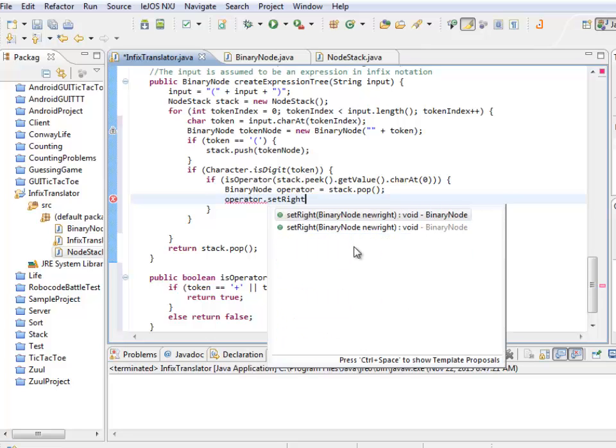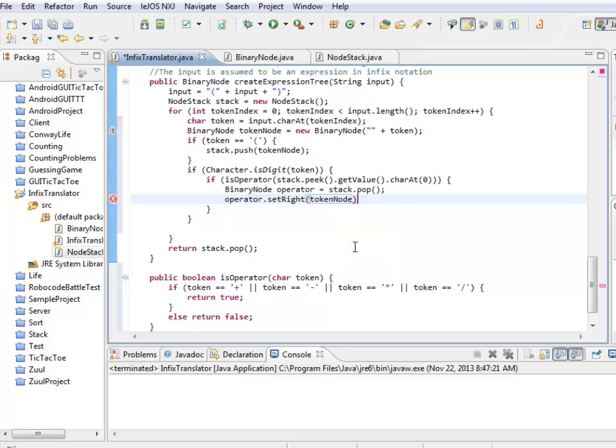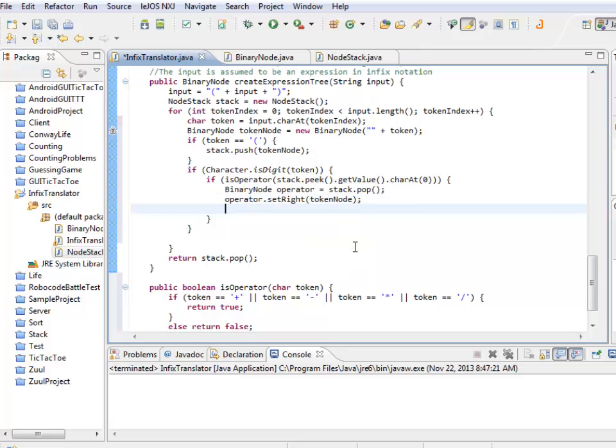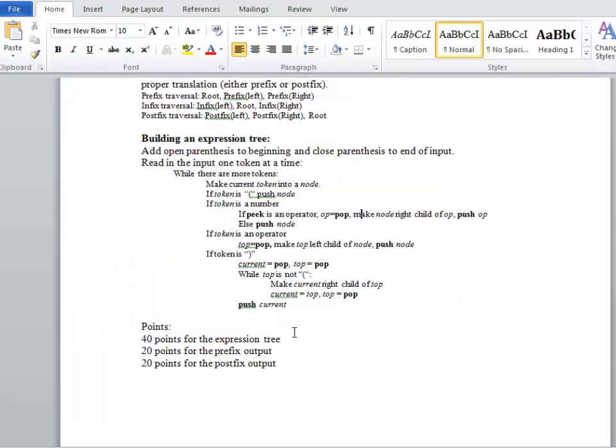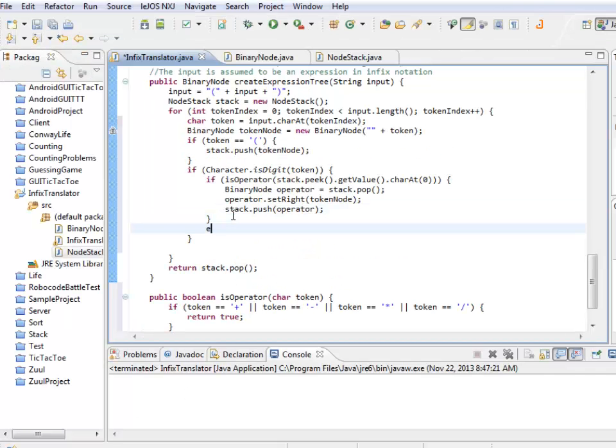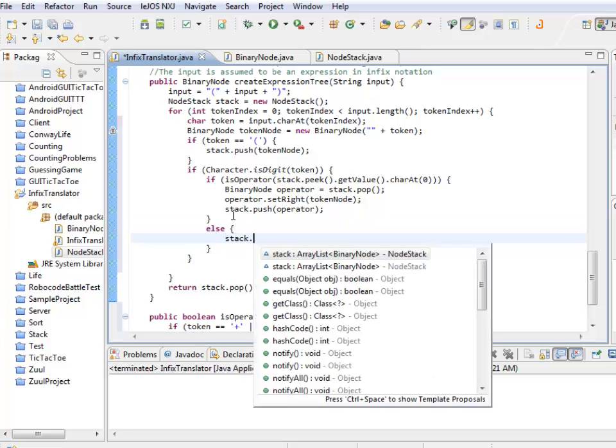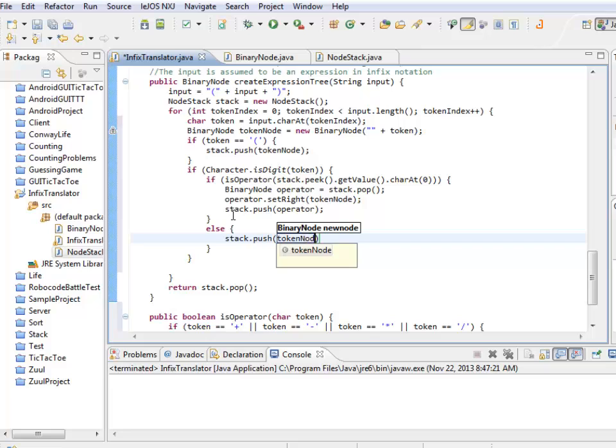Dot setRight token node, stack.push operator. Okay, so I grab the top of the stack, I make the current thing that I'm holding onto, the node, the right child of that thing, push it back on. If not, I just push it. Stack.push token node. All right,